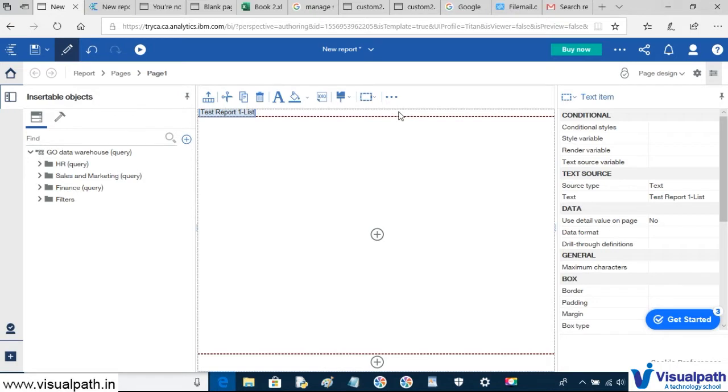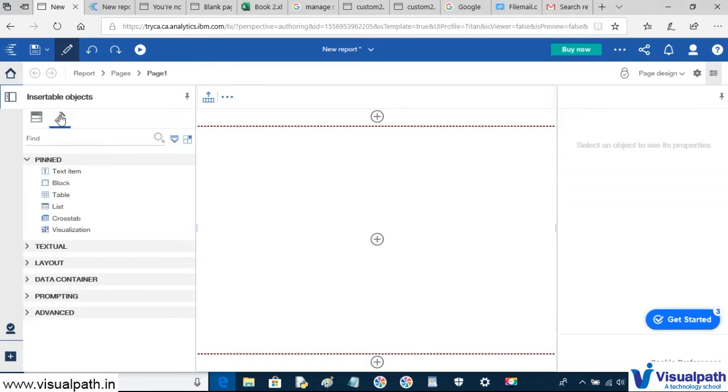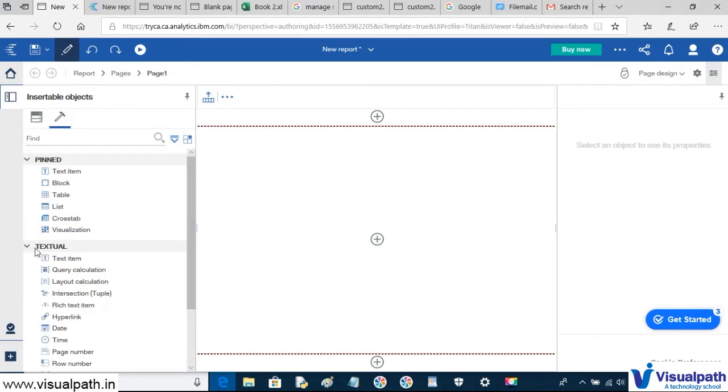Okay, so we can do it this way, or there's another way by which we can do that. Just undo it, go to this icon, this hammer icon called toolbox, click on it. Under pinned item or under textual item, we can see we have something called text item. Just click it, drag it and drop it in the header.